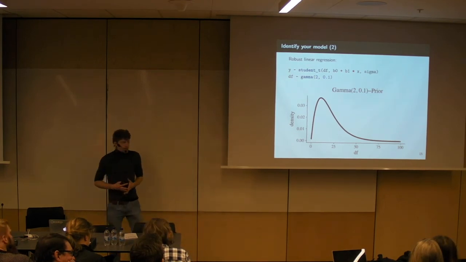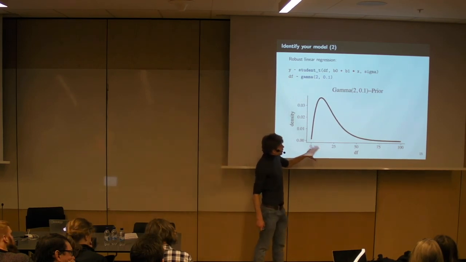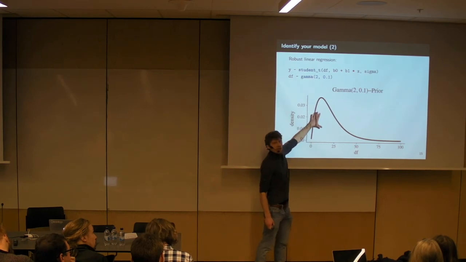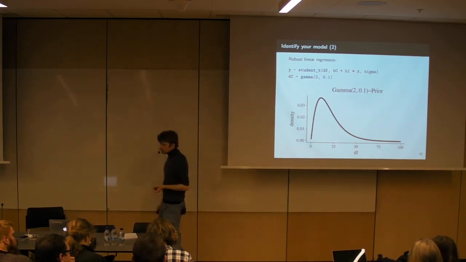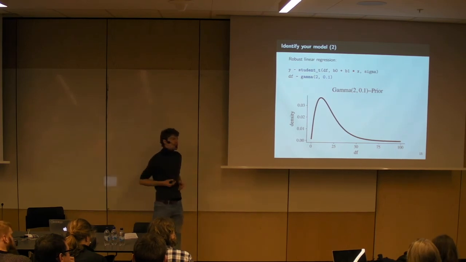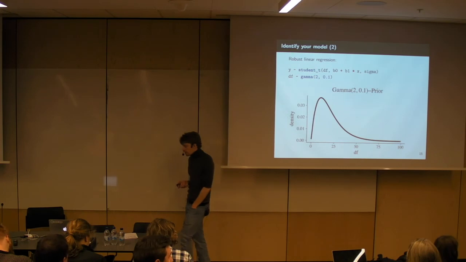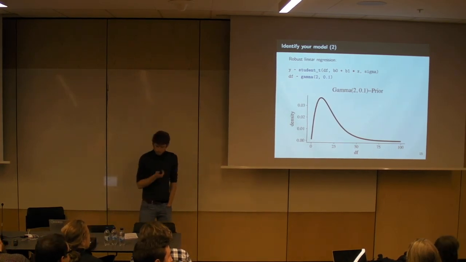Yeah? And if the data is not consistent with the normal distribution, so we have small degrees of freedom, the prior still allows us to have small degrees of freedom. Yeah? So that way we can really estimate robust linear regression using a t-distribution, which usually doesn't work in a frequentist framework because df tends to make problems.